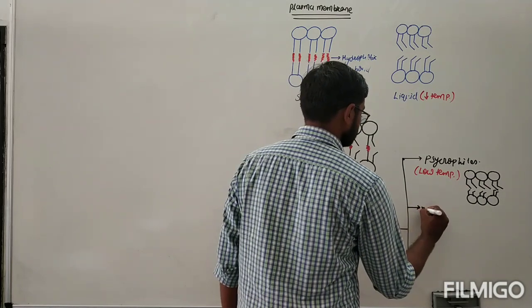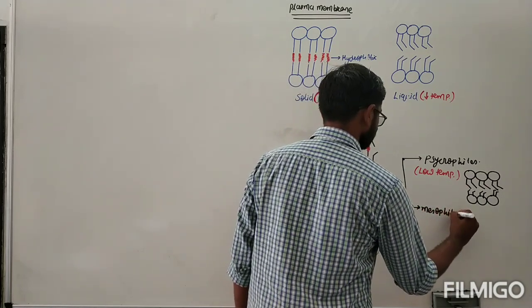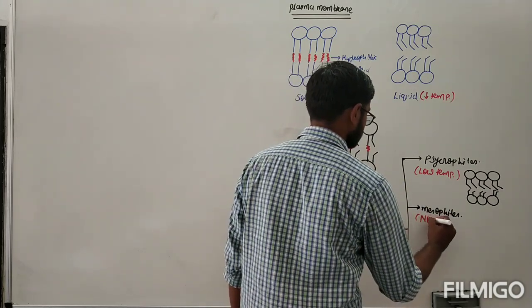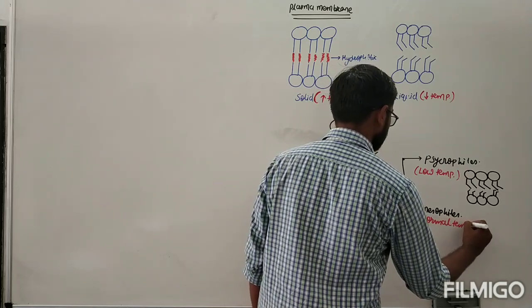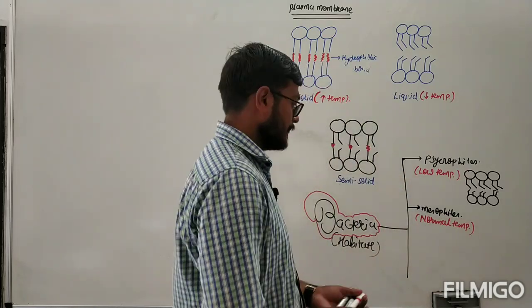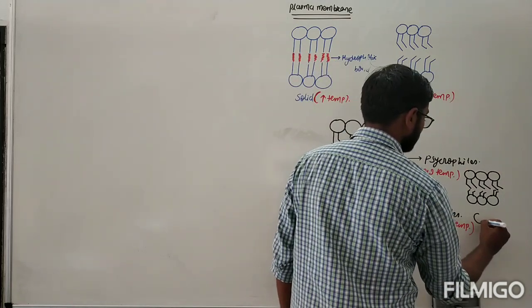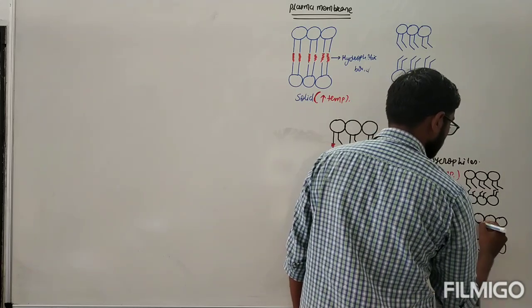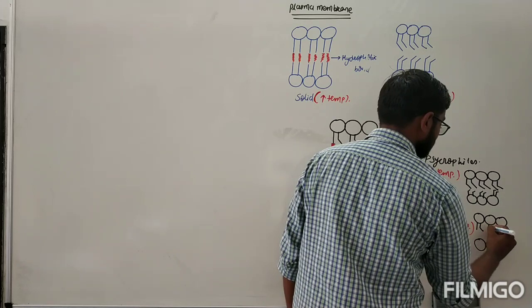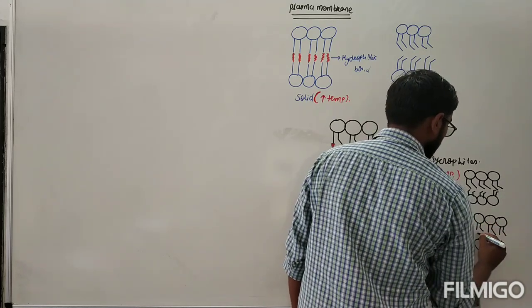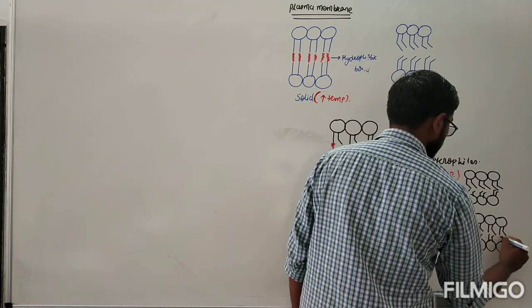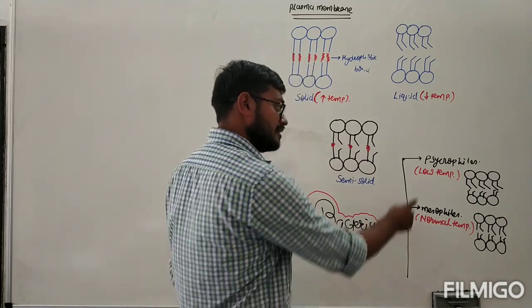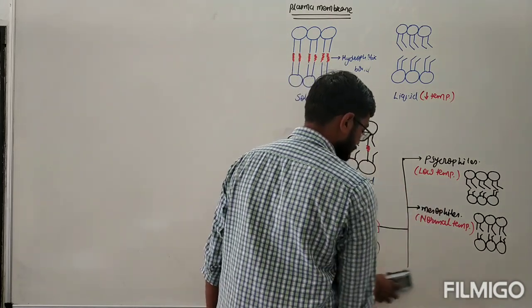Next, mesophiles. What about the mesophiles? They live at a normal temperature. So at a normal temperature, you can see that in the plasma membrane of this group, the upper head region and lower head region are saturated, unsaturated, saturated, unsaturated. So both of these kinds of fatty acids are going to be present here. Hence it gives a semi-solid nature. This is also semi-solid only, not completely solid.